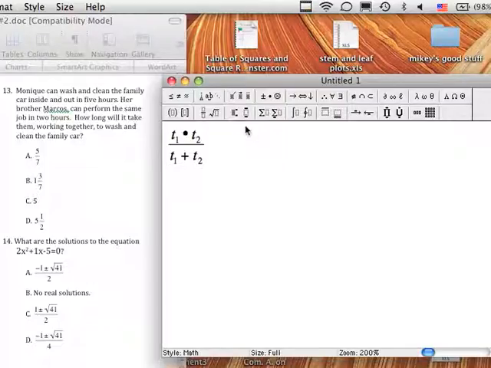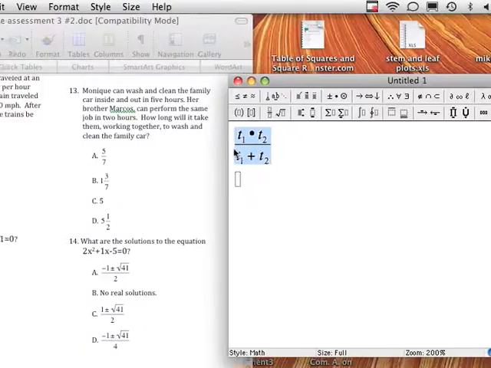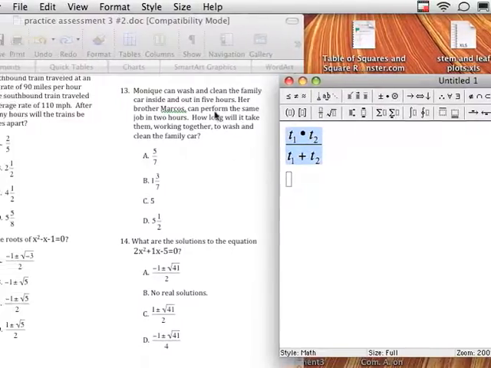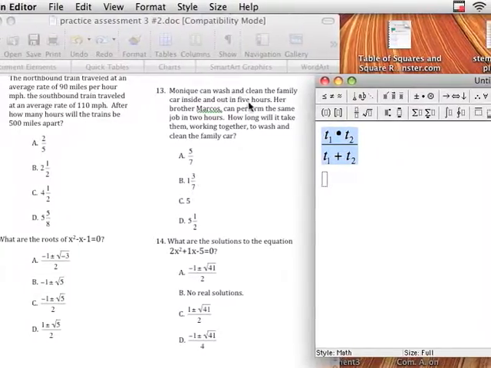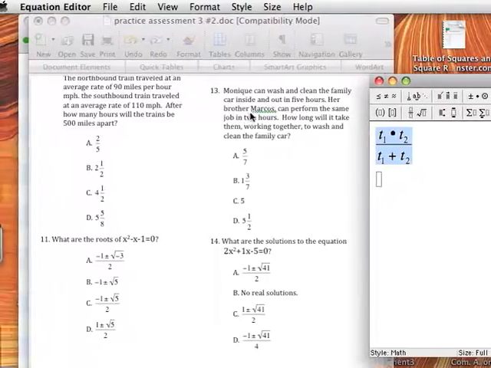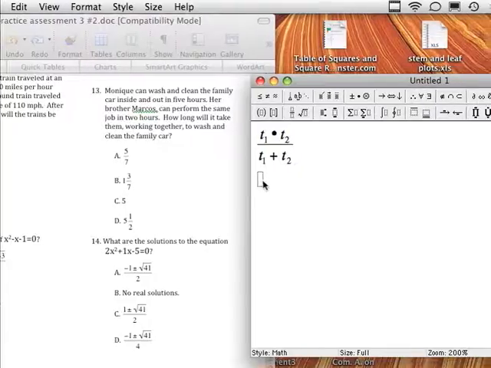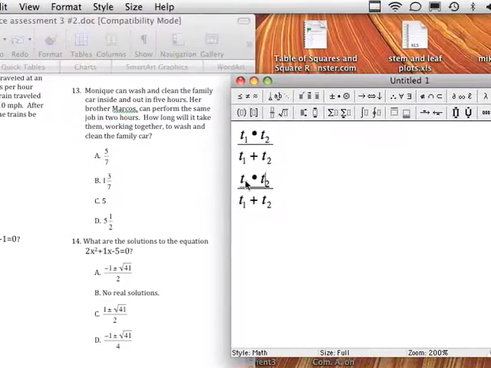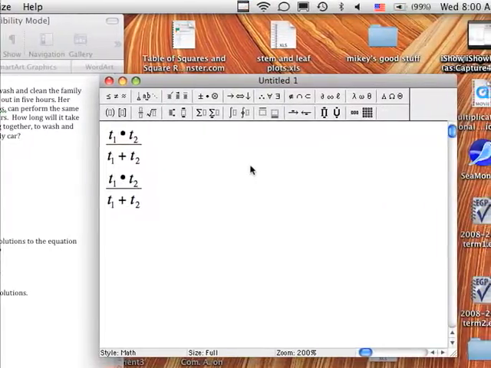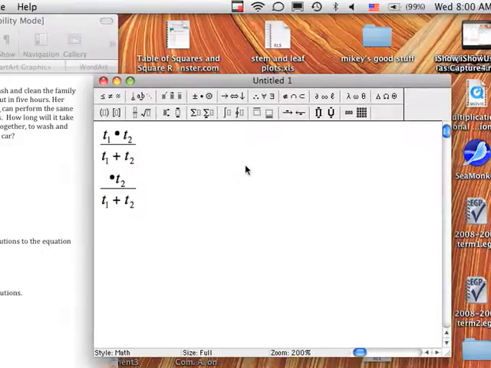Well, my first time was, let's see, what was my first time? My first time was 5 hours. And the second time they gave me was 2 hours. So, let's use that equation. If my first time was 5 hours, I'm going to replace T1 with 5. And I'm going to replace T2 with